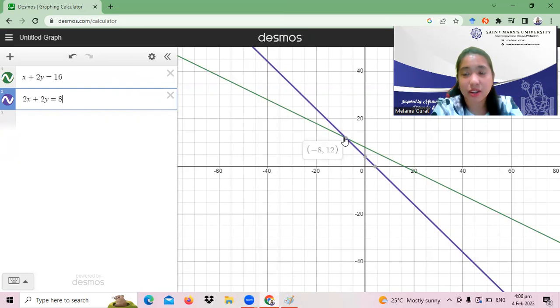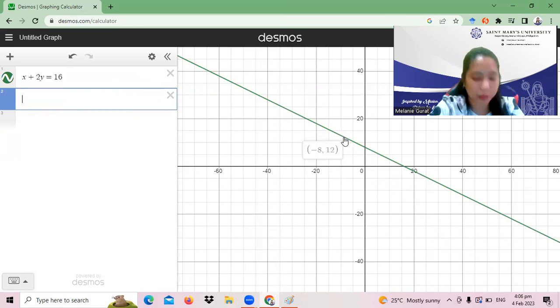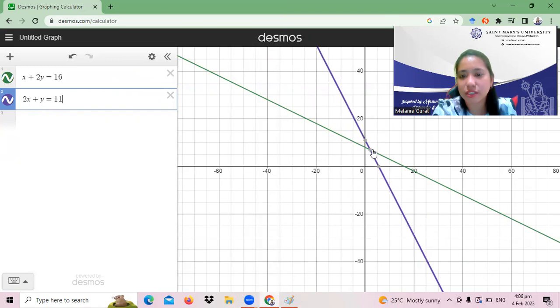Using our example, 2x plus y is equal to 11, this is their intersection point. It is (2, 7). So as mentioned, we have three types of system of linear equations: the consistent type, the